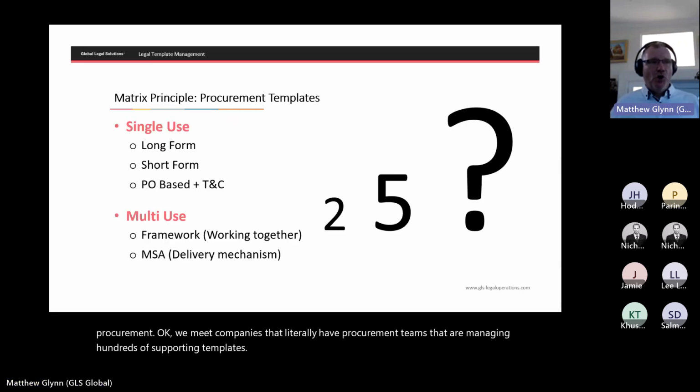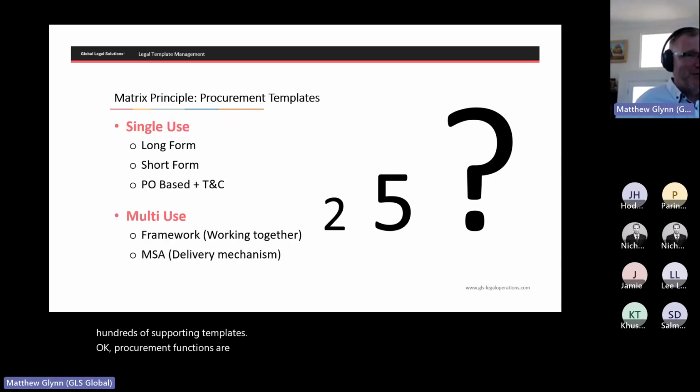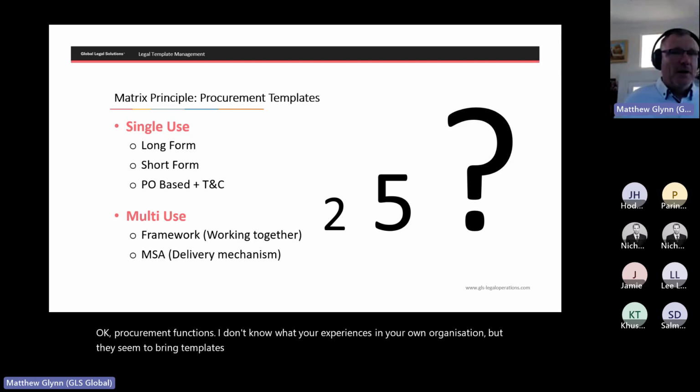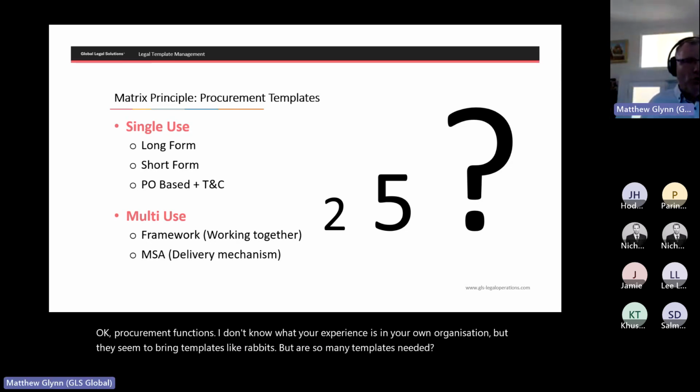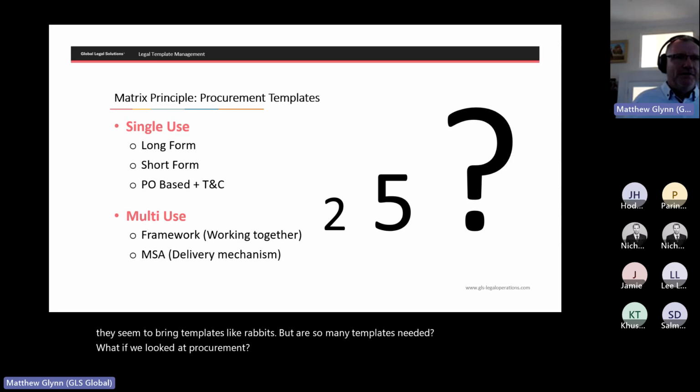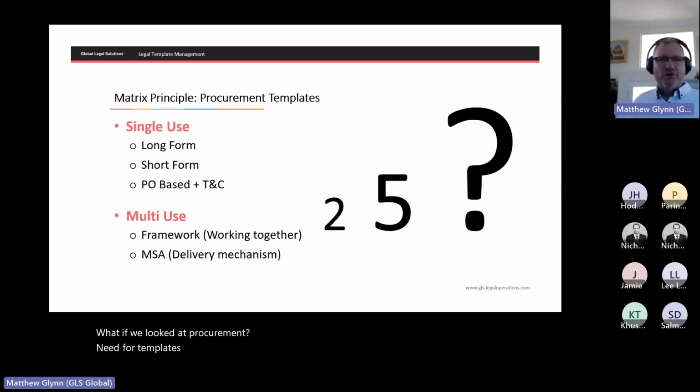Procurement functions, I don't know what your experience is in your own organization, but they seem to bring templates like rabbits. But are so many templates needed? Well, what if we looked at procurement need for templates by reference to vendor relationship status? How many would we need then?